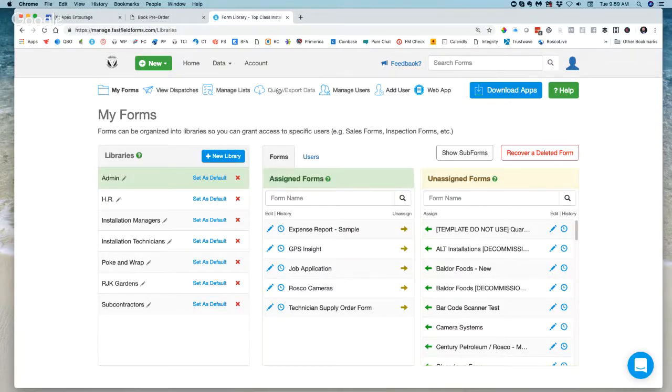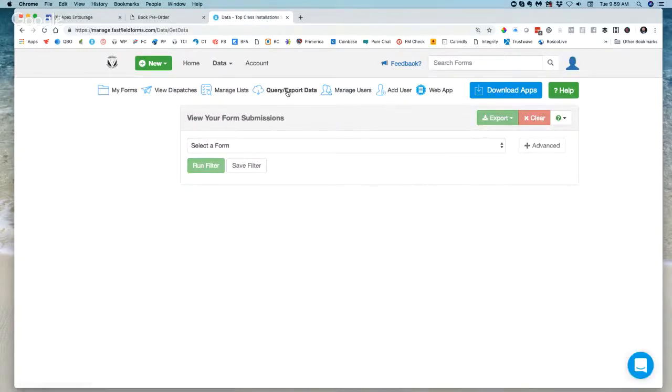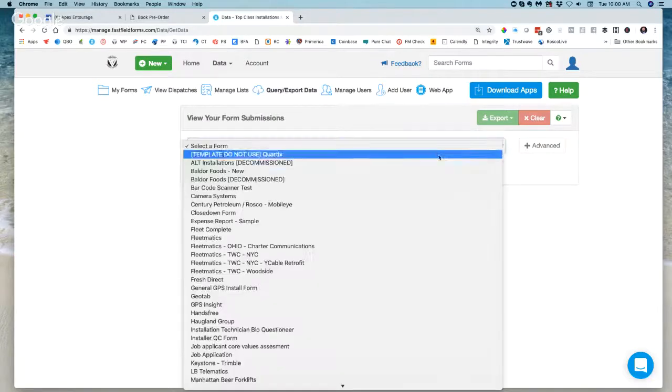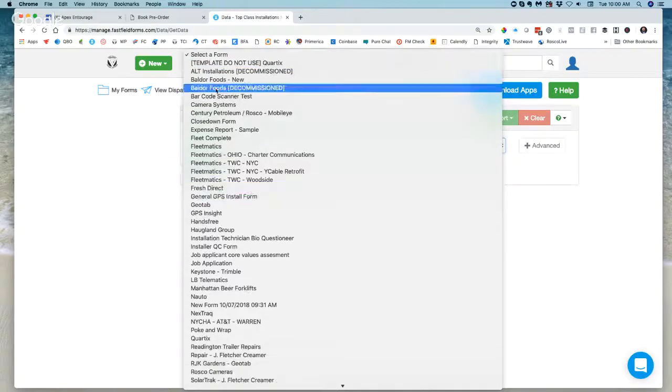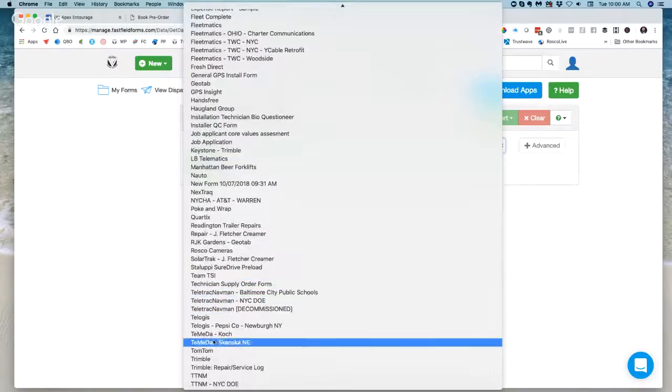All right, so let's go here and look at some data. All right, so this is where we're able to populate and pull data from the back end of FastFill very quickly. We can very quickly search for forms that a technician submitted, whether it was a week ago or 2 years ago. So for instance, we can come here. These are all the forms, by the way, that happen to be in our